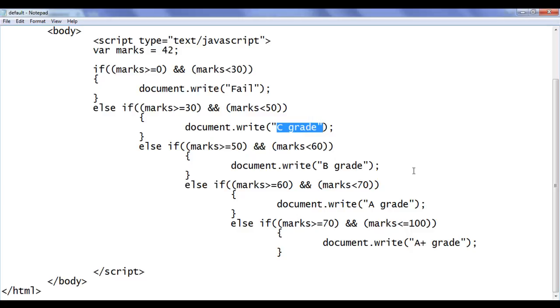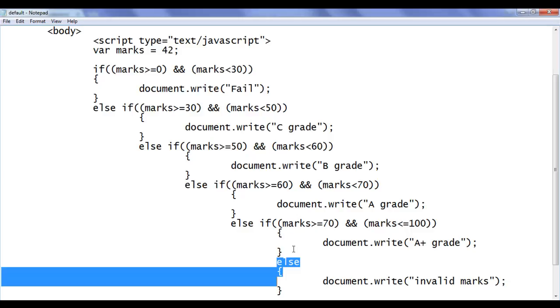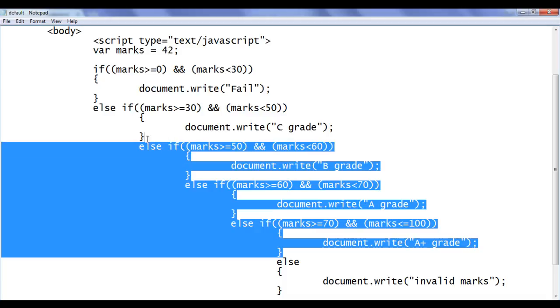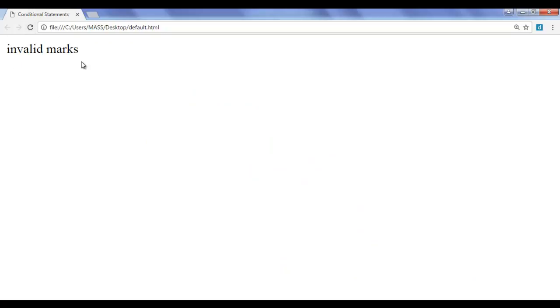Hope you guys have clearly understood how we use the else if ladder, and why it is called the else if ladder. We can even write an else statement here at the end if we want. For example, I say here else, and in the curly brackets I say document dot write, invalid marks, bracket close, semicolon. When will this get executed? When no conditional expression evaluates to true. For example, if I write here minus 100, file, save, go to browser and refresh,